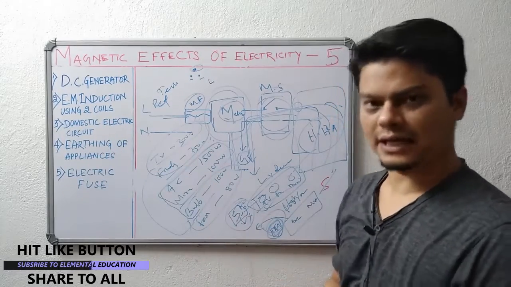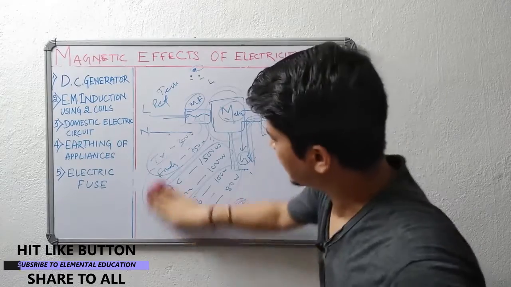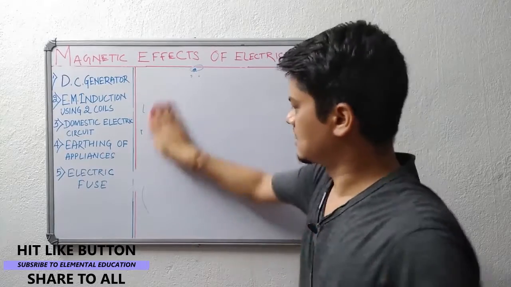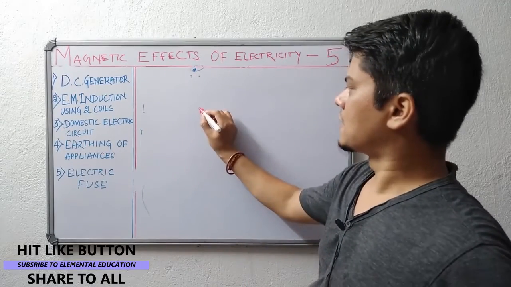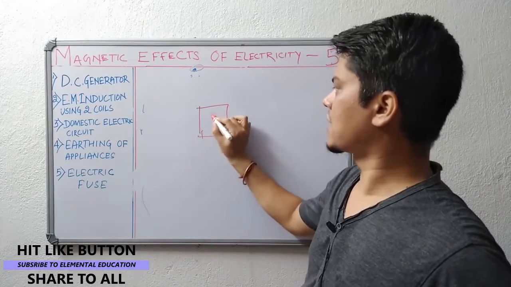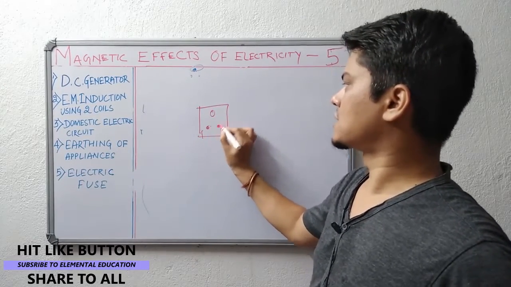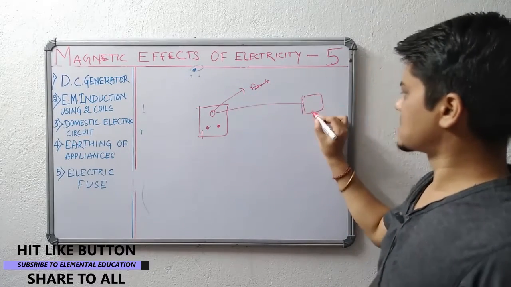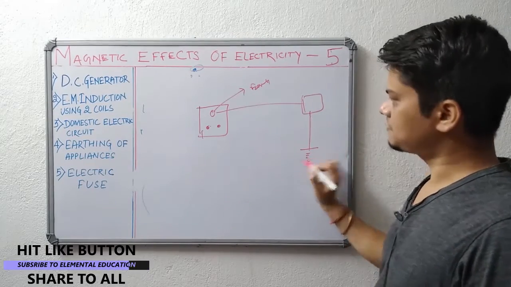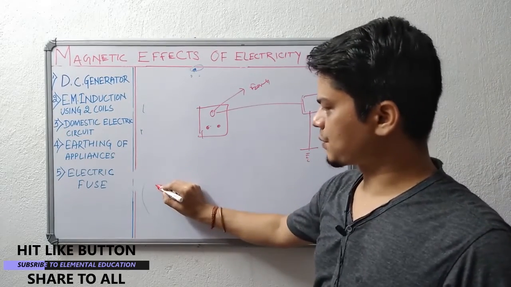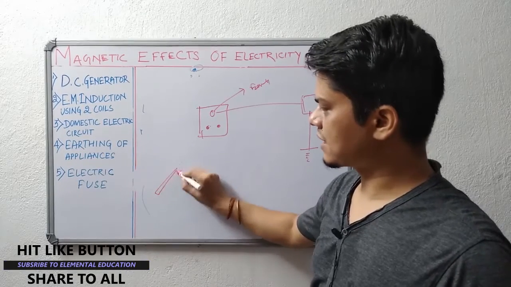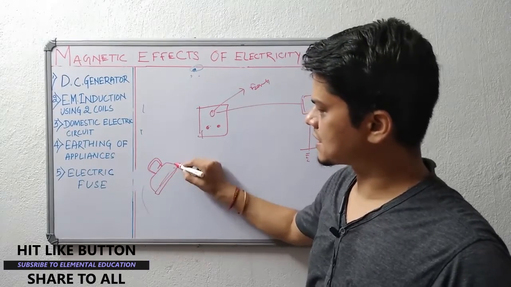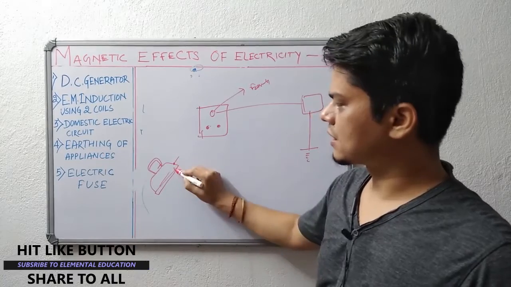Earthing is always done. Let us draw a clear diagram to understand how the earthing is done in our house. Suppose it's a supply socket of a 3-pin socket. This is always the earthing or earth. This is connected to the main switch and meter where it is grounded. Now there is an appliance. Suppose there is a press or iron, I was telling you about that earlier. Suppose this is an iron or press. Here earthing is done in the body, not in this coil.